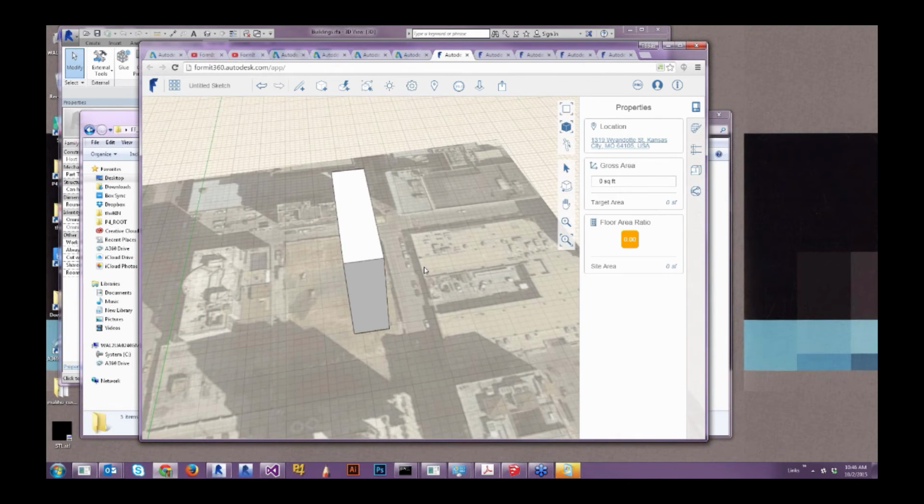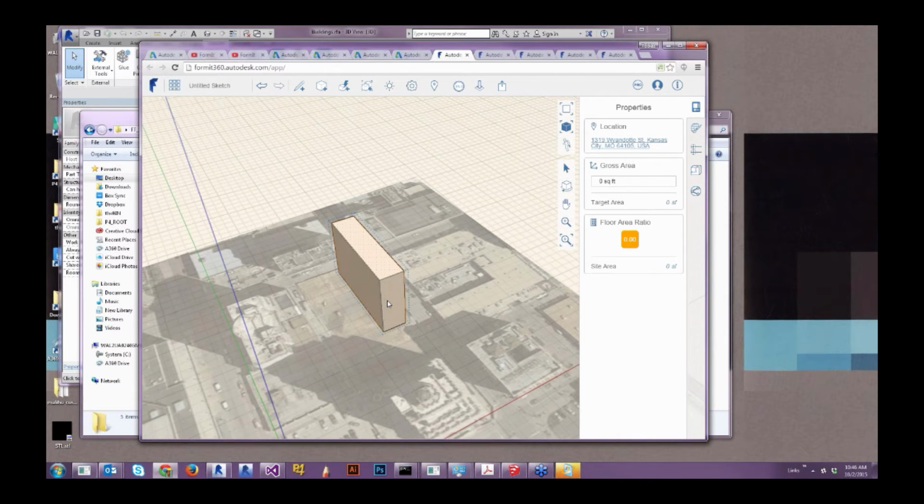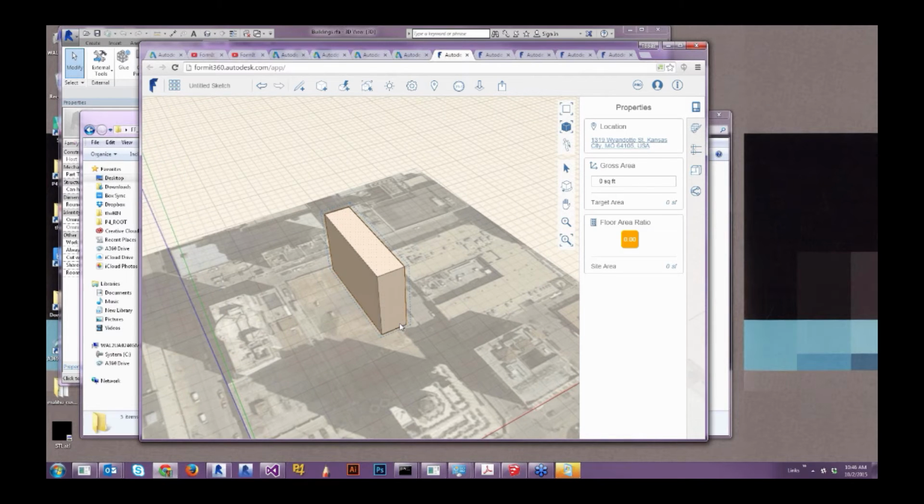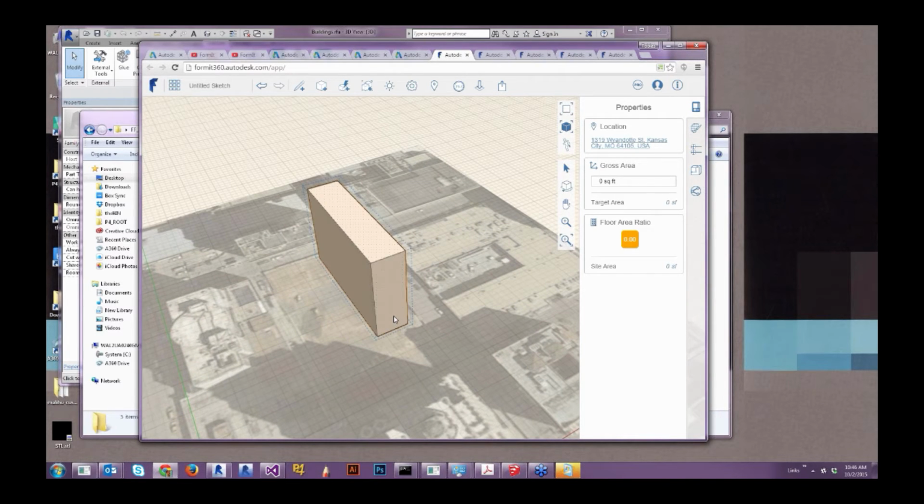And this is pretty key. The grouping, like I mentioned earlier, is one of the basic things that you need to get your head around in Format. After you've created groups, you can do a bunch of creative things with this, like make repeating units, and you can also separate this from any other sketch geometry that you might do. So for instance, if I sketch another rectangle on this and drag it out, this is a separate object from this object. So grouping allows that to happen.